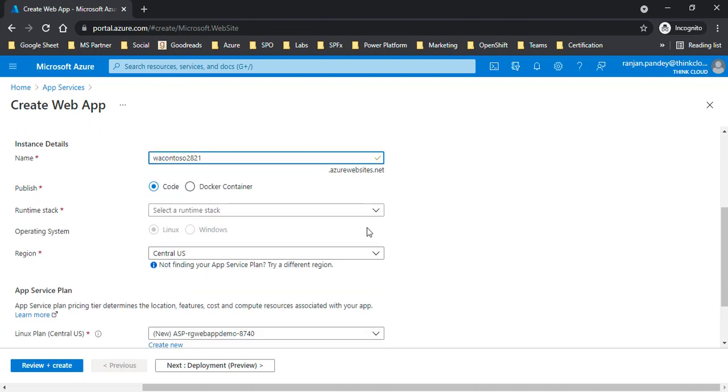Now here you see that while creating a web app, it is giving us two different options: either you want to do a code-based deployment, or, if you already have a container image, you can use a Docker container to run whatever image you want inside the web app. For the time being, I'm going to use the code option, but in the upcoming videos I'll show you how you can publish your Docker container images onto the Azure Container Registry, and from there